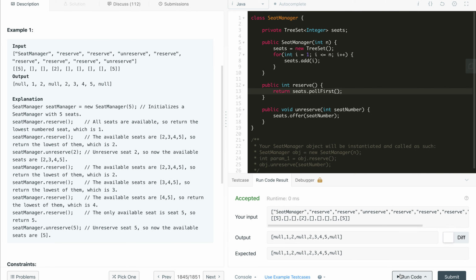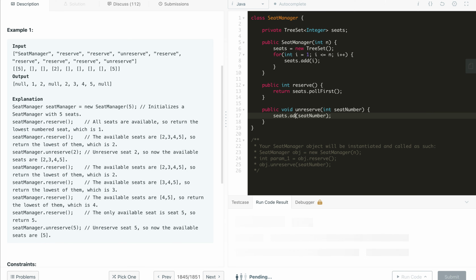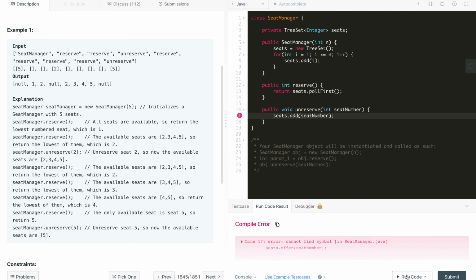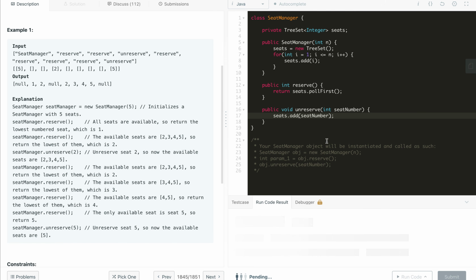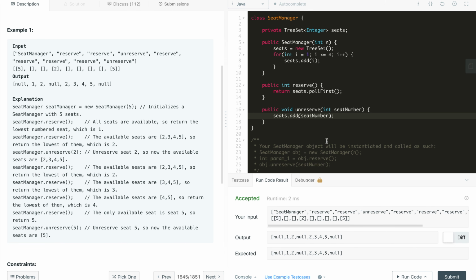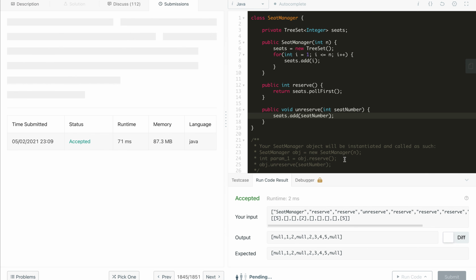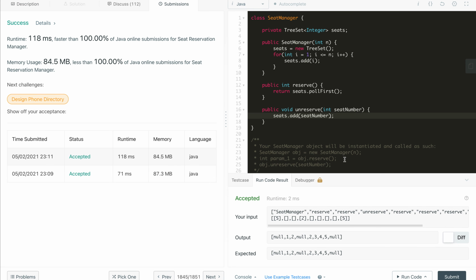There is a method pollFirst that will remove the first key and return it as well. So let us compile this code now. This needs to be changed to add. So it will come, yeah. Let us recompile it. TreeSet and TreeMap are also very good data structures, which help in solving lots of ordered map problems in Java. We can use them handily. If you are not aware of them, you can see the documentation and at least know the basic methods provided.